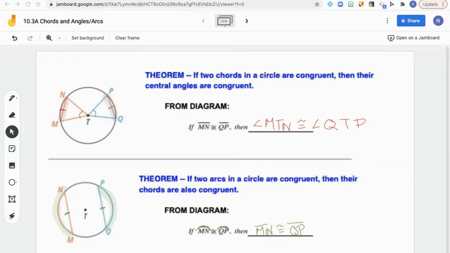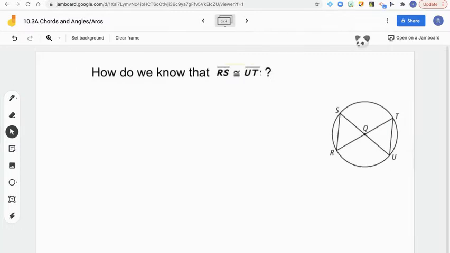Now let's look at a couple of things with these theorems. The first one I want us to think about is, where does this property come from? Why is this always true? How do we know that this chord is the same length as this chord? How do we know that? Well, let's look at a few things that we know. We know that all of these sides must be the same, right? They're all a radius going from the center to the outside, so all of those have to be the same